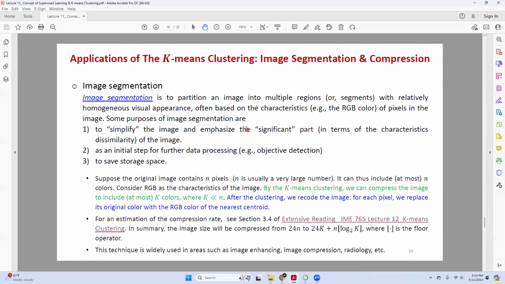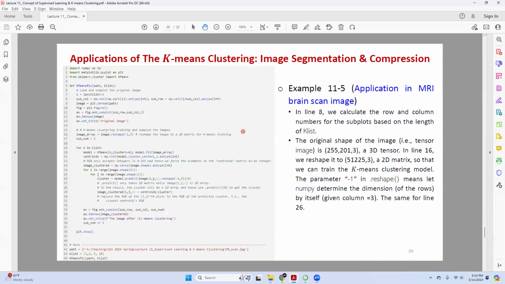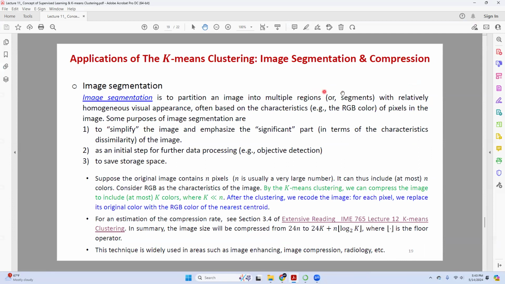After it, we're going to introduce some applications of the k-means clustering. The very first and probably the most important application is image segmentation. So what is image segmentation? For a given image, I want to partition the image into multiple regions or segments with relatively homogeneous visual appearance.